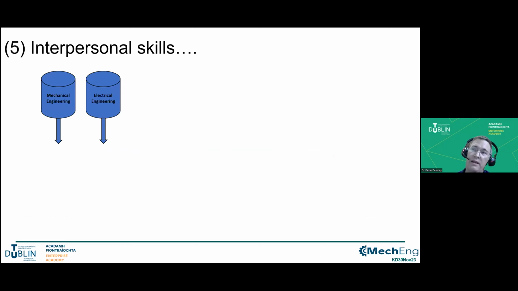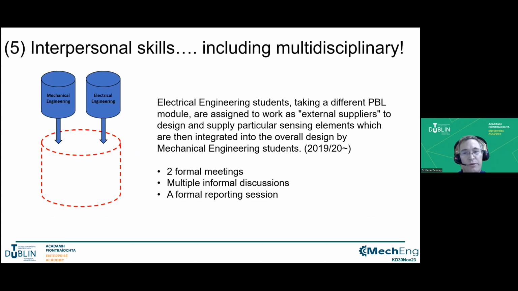We do expect them, and I mean, engineering is often considered to be a kind of silo approach, where you have different disciplines that don't actually work together. So what we've done is we've teamed up with the electrical engineering students who are studying a module in instrumentation. And they act as consultants to our students. So they literally come in and our students explain their problem to them, again helping them to develop their communication skills. And the electrical engineering students then explain, well, your design is good for this reason or that reason. And literally the electrical engineering students are working as consultants.